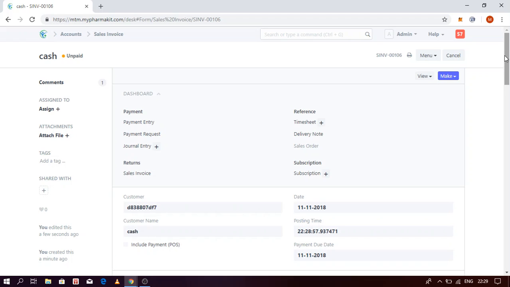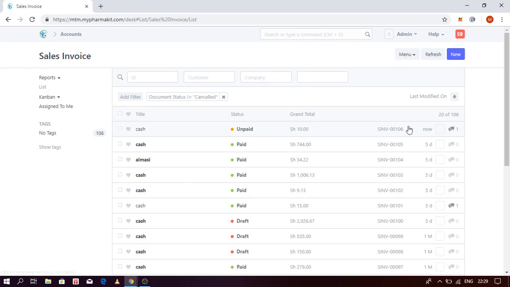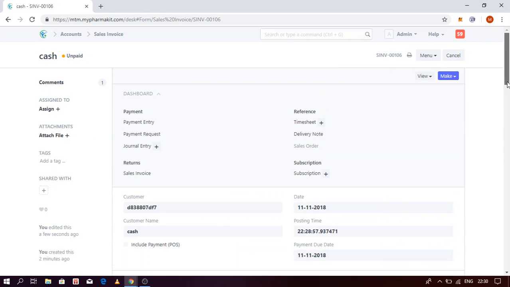Now, as you can see, it's unpaid. So basically, if you have a pharmacy setup whereby you have the pharmacy assistant or the pharmtech picking the prescription, giving out the pricing, but you have a teller, a cashier or a teller who does the payments, then on their side they come and click on sales invoices. They will see all of them. This is unpaid. So you click on this tab here, this square thing here,